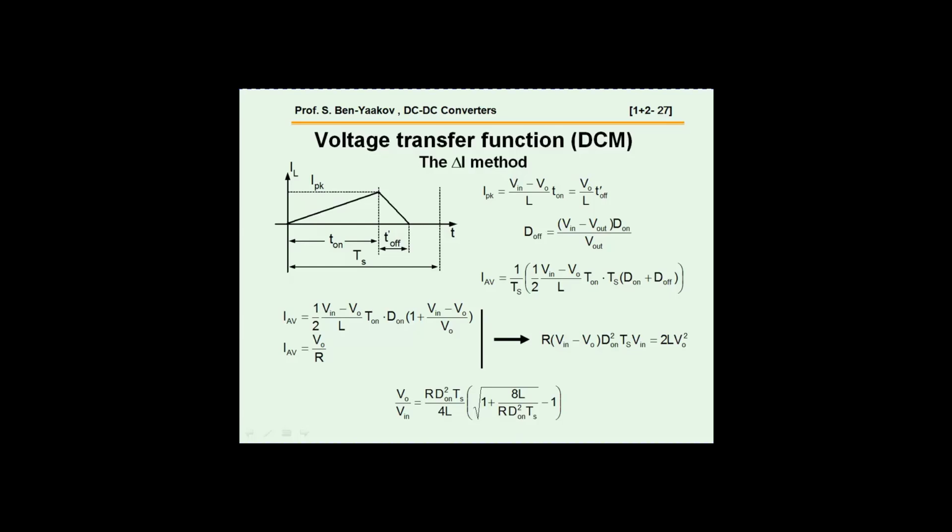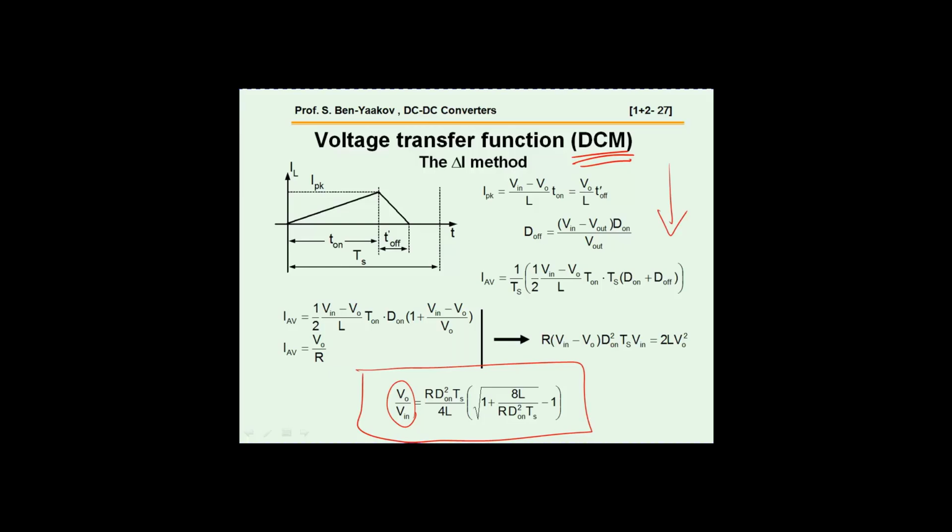Another question is, of course, what will be the voltage transfer ratio, that is the gain of this buck converter when it is in the DCM operational mode. Well, you can derive it. I'm not going through all this simple manipulation math calculation, and you can end up with this expression which gives